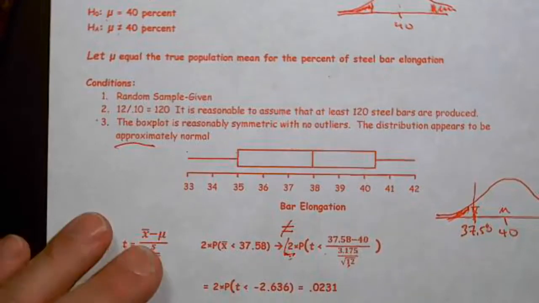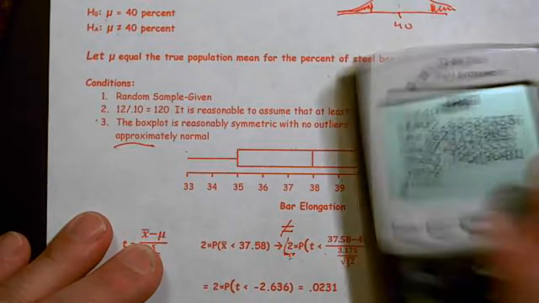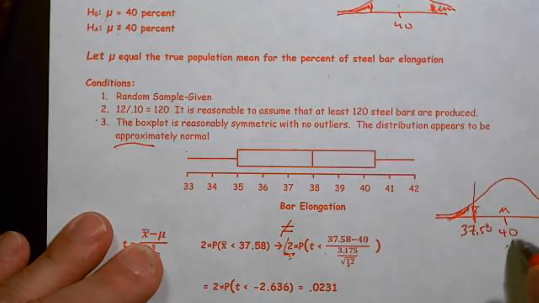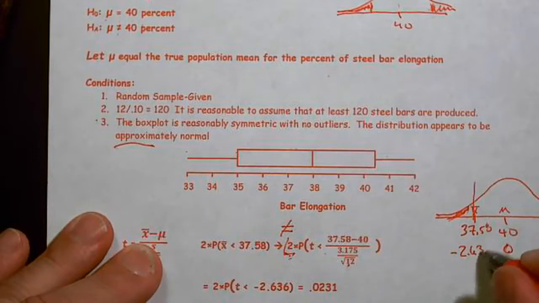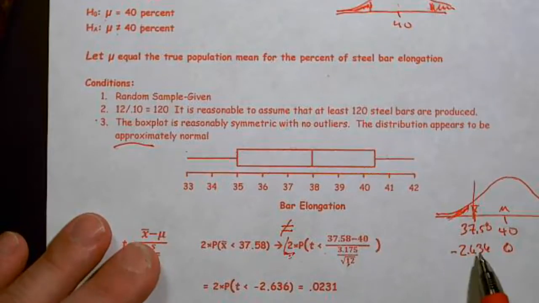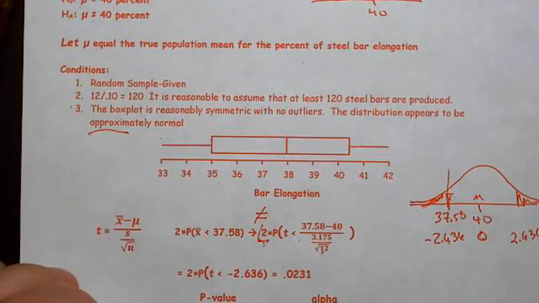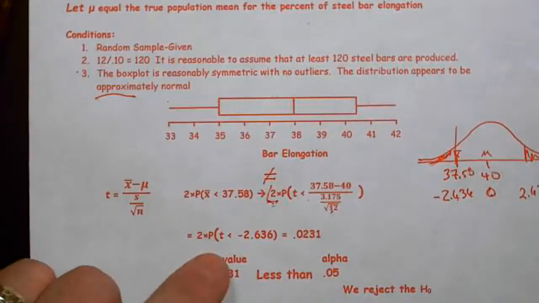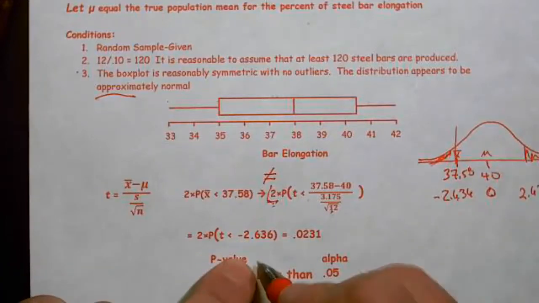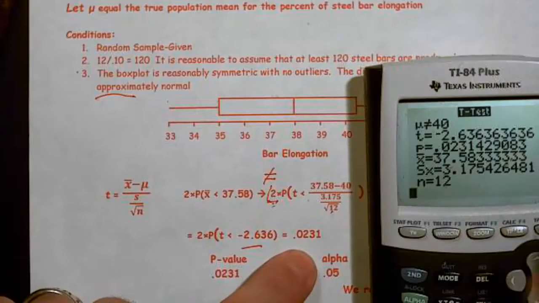All right. And we ended up with, remember the t, this is our actual values. The t says this is a 0 mean, and we ended up with a negative 2.636. All right, so just as extreme as negative 2.636 would be a positive 2.636. And so the doubling means it could have been either way. All right, we have to have that 2 there. Then we need to write down our t statistic, must have this value. And our p-value is